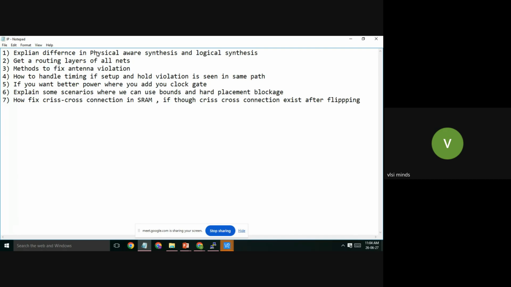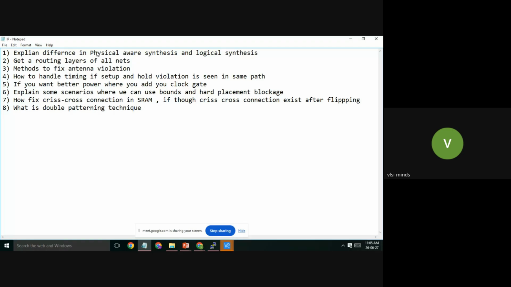All right. What is a double patterning technique?